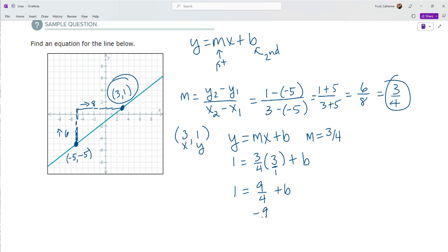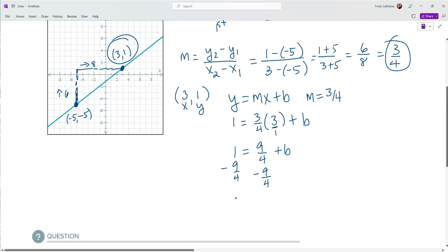And I need to subtract 9/4 from both sides. So my b is going to end up being whatever 1 minus 9/4 is. And whenever I'm dealing with fractions, I think it's easier to rewrite things horizontally. So 1 minus 9/4. And then I can think of that as 1/1. And now I do need a common denominator. Adding or subtracting, you do need the common denominator. And so that 4 is going to be that denominator since the other one's just 1. So this is 4/4